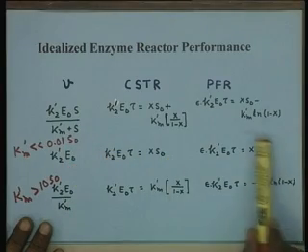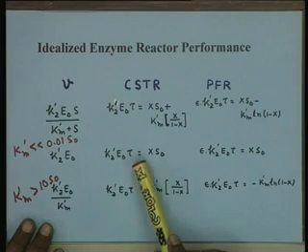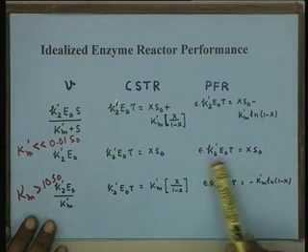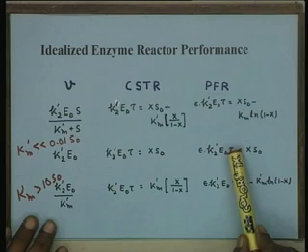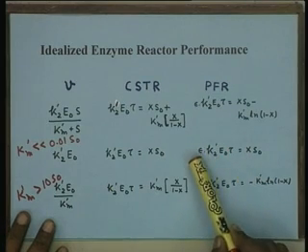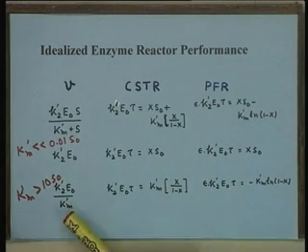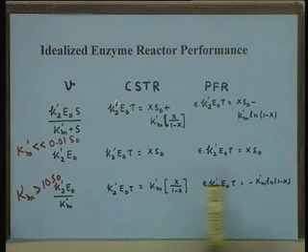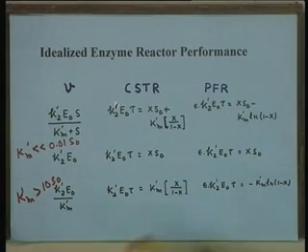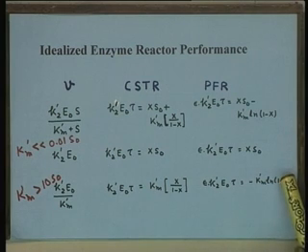And as you notice, in the case of 0 order regime, the reactor performance is identical in both CSTR and plug flow reactor, excepting that the magnitude of tau is altered by epsilon, that is the voidage. Otherwise, the reactor performance in the 0 order regime is identical. On the other hand, in the case of first order regime, for the performance of PFR, we look at the effect of fractional conversion on the quantity of enzyme required and on the value of the space time.